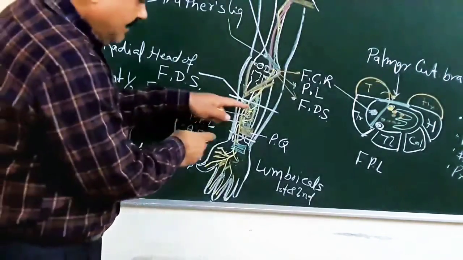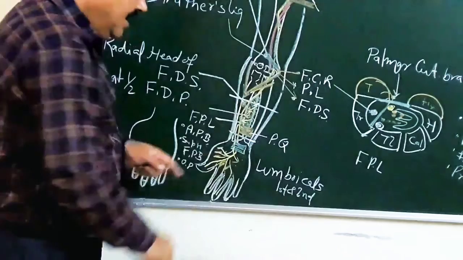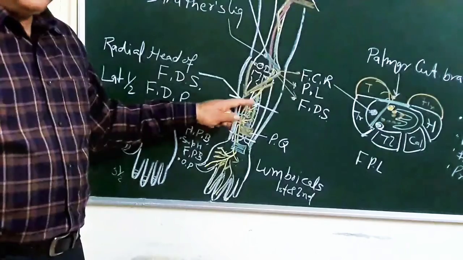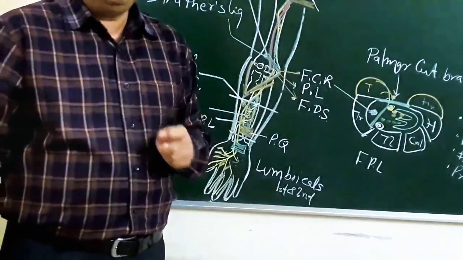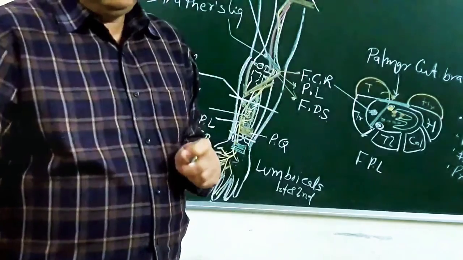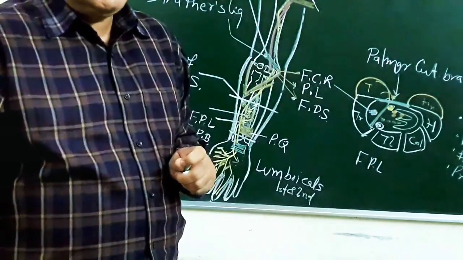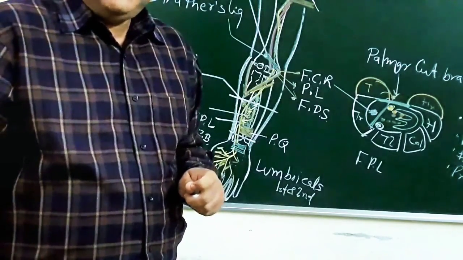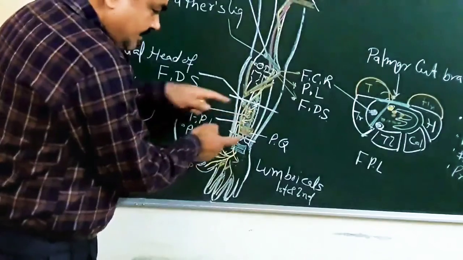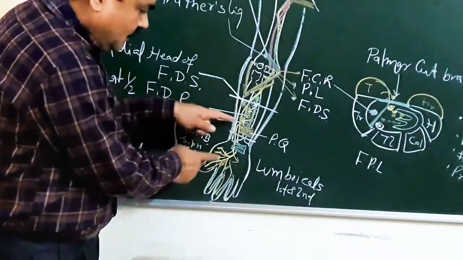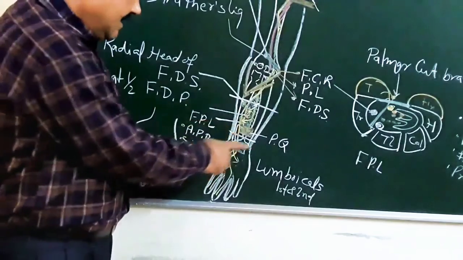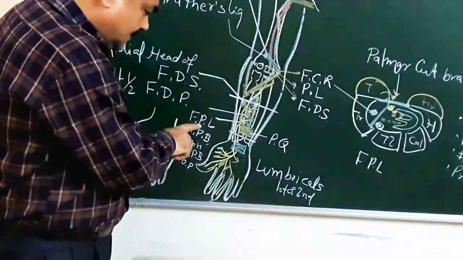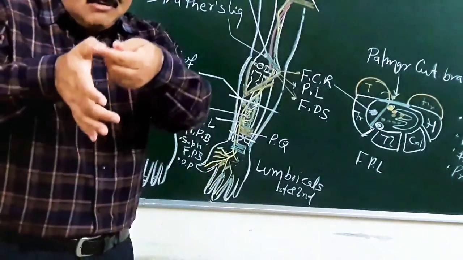Another thing, if the lesion is here and the anterior interosseous nerve is damaged, then what happens? Anterior interosseous nerve syndrome of Kiloh-Nevin. In this syndrome, the anterior interosseous nerve supplies 2.5 muscles, that is, pronator quadratus, which pronates, and flexor pollicis longus, which flexes